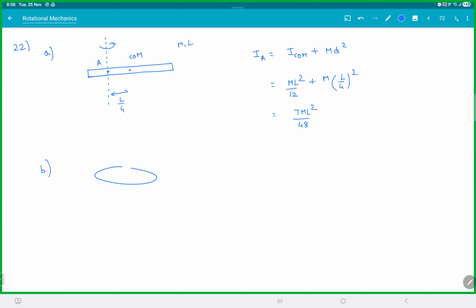Let's say we have a ring. This time we want the moment of inertia about this corner, meaning it's an axis perpendicular to the plane and passing through the circumference. Now this, if you try to use integration, it is a mess, because how you will choose an element, the distance, everything will keep changing. But if we use the parallel axis theorem,